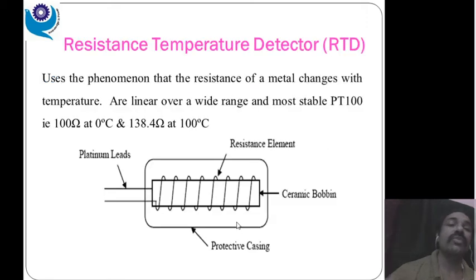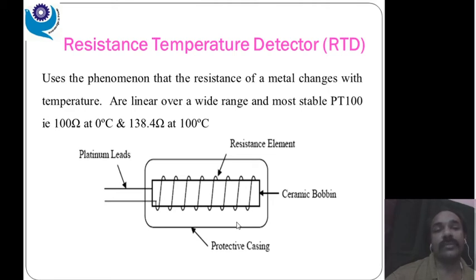Now we are moving to the very next point, that is RTD, resistance temperature detector, right? In this, what happens is that when there is a change in the temperature, there is a change in the resistance, and due to the change in the resistance there is a change in current that can be easily manipulated and processed further, right? So in this RTD, we basically prefer the platinum metal.